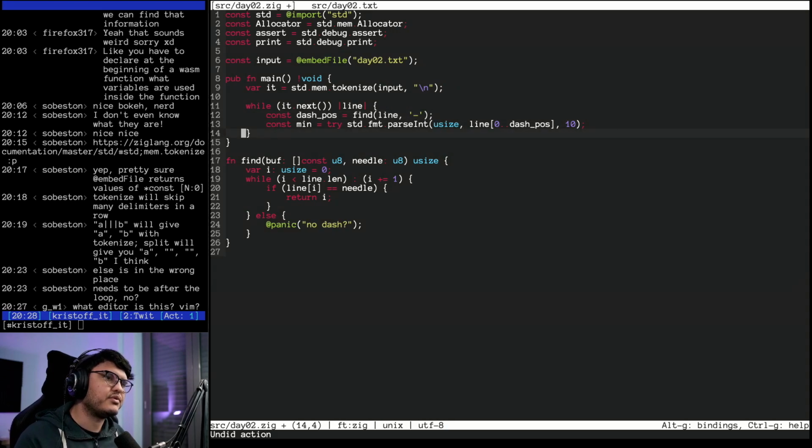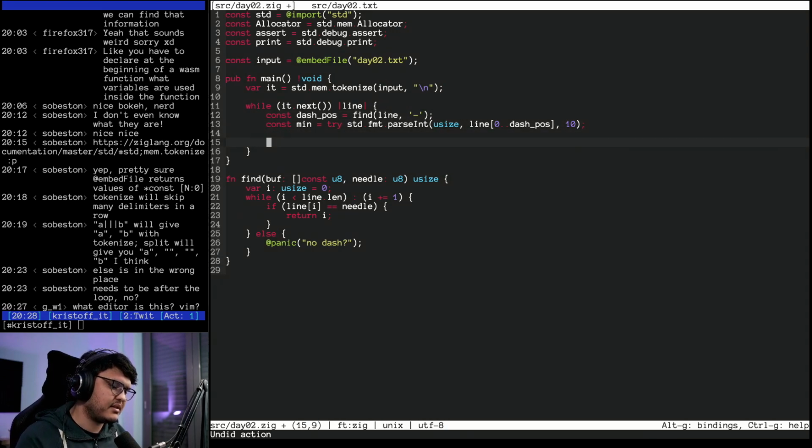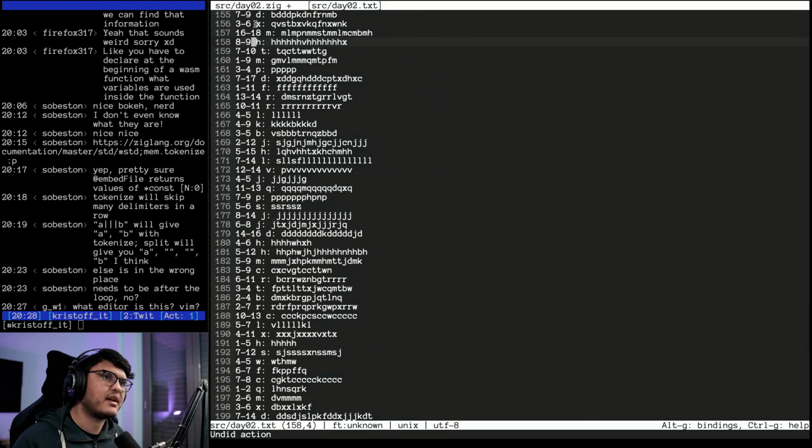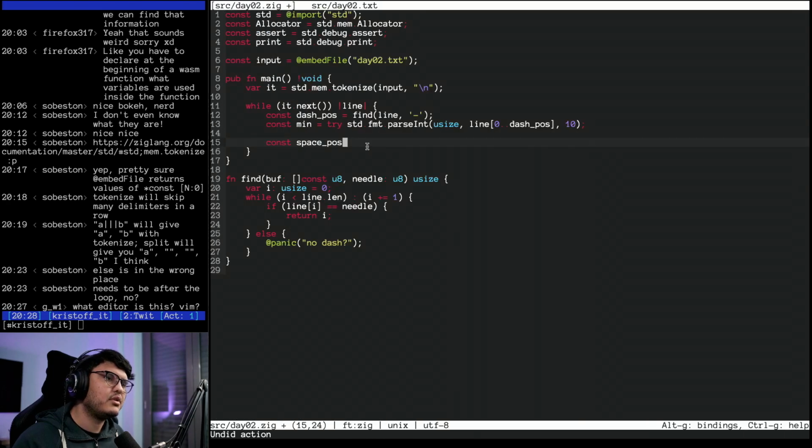And so we have the dash position. Okay, and we find the minimum like this. Then const space position, and I think we don't have a space, right? Yes, we have a space right after the second number.